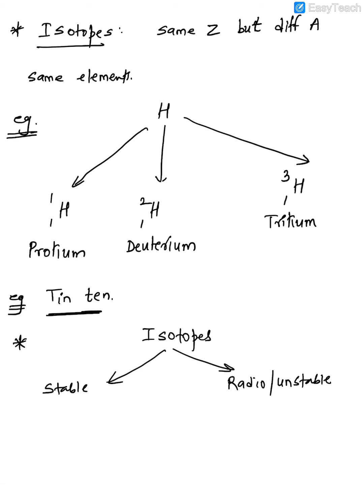Basically, in stable isotopes, the number of neutrons is almost equal to the number of protons. Whereas in radioisotopes, the number of neutrons will exceed the number of protons. So whenever the number of neutrons is more than the number of protons, we say they are radioactive isotopes. They become highly unstable, and there are different uses we'll be discussing at the end of this chapter.